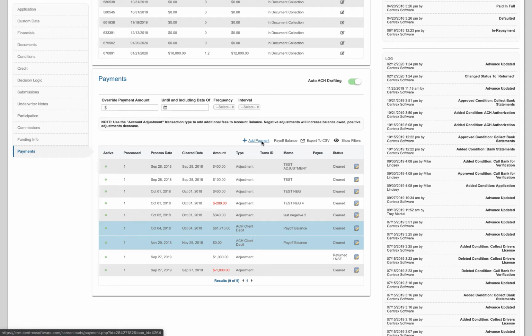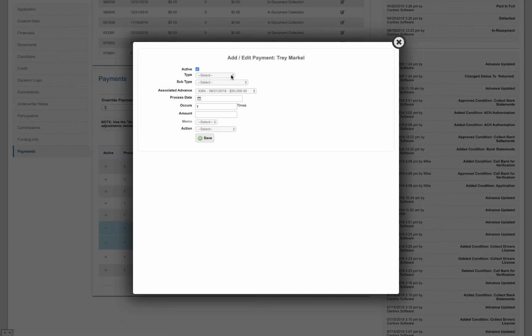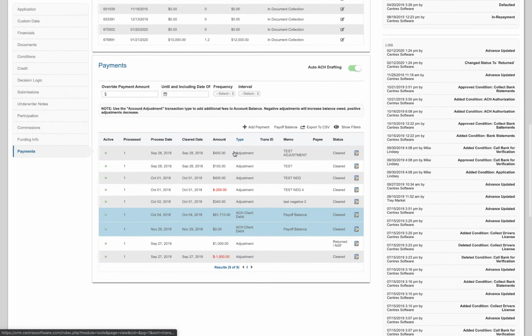So if I click on the Add Payment button, you have the ability to choose a payment option, one of those being account adjustment, if you want to adjust the account balance. You've got subtype, the associated loan or advance, the process date, how many times it occurs, the amount, the memo, and the action you want to take. So if I want to schedule this transaction, I click on Save, and it'll add a transaction manually into the